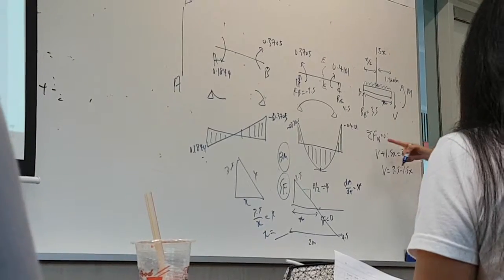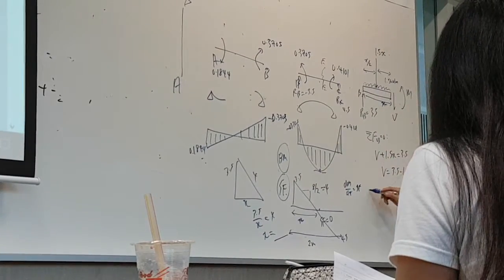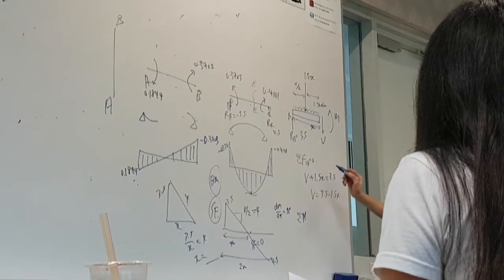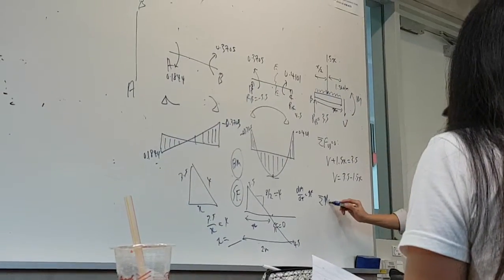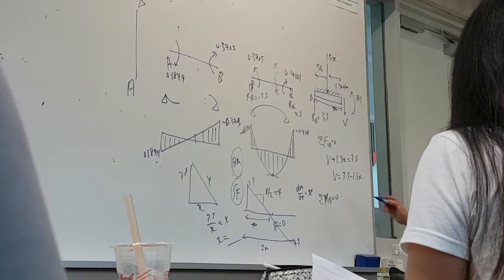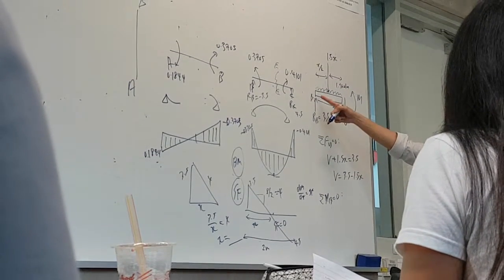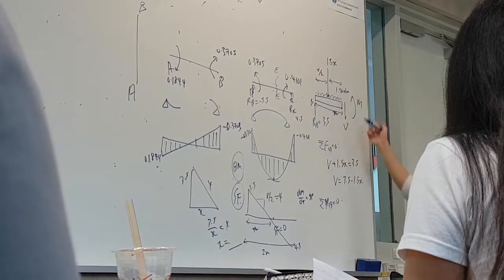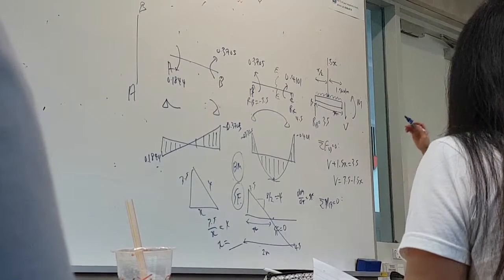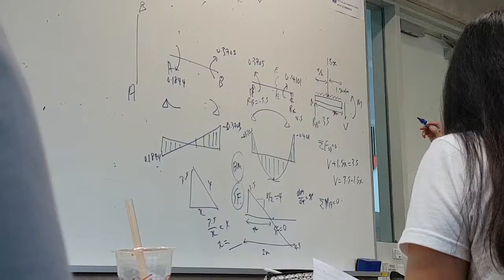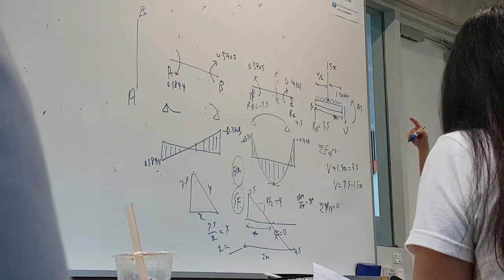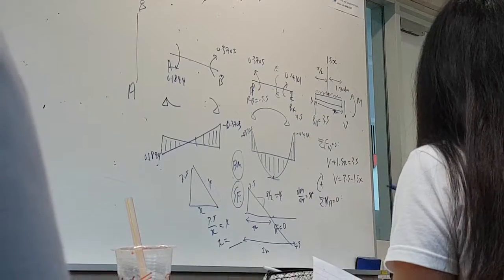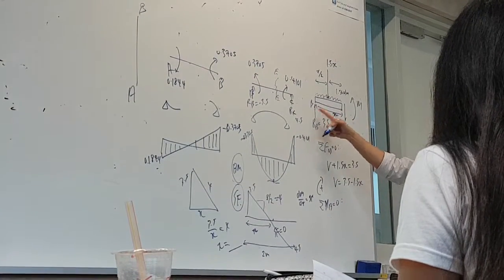Now you take the summation of moments equal to 0. This means you take the summation of moments about B equal to 0. If you consider the clockwise moment to be positive, that is to say, if I take moments about B, that means